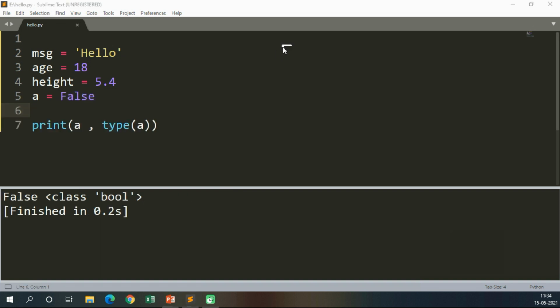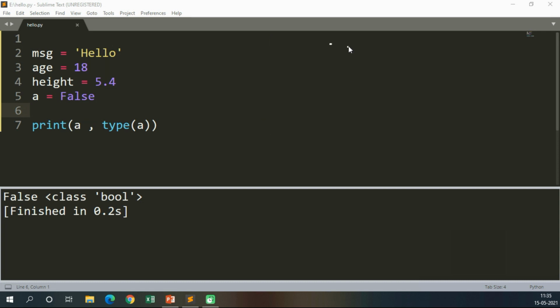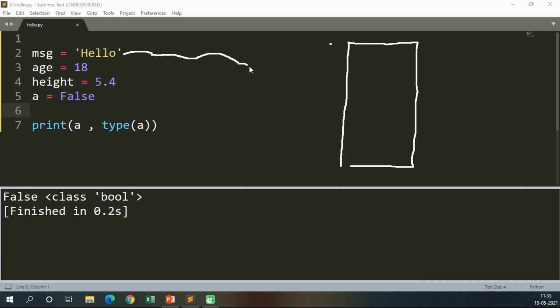Now we have seen the data types str, int, float and bool. We will see the address of a variable. As we have already discussed, a is a variable just pointing to a location in the memory, and the memory has some address.